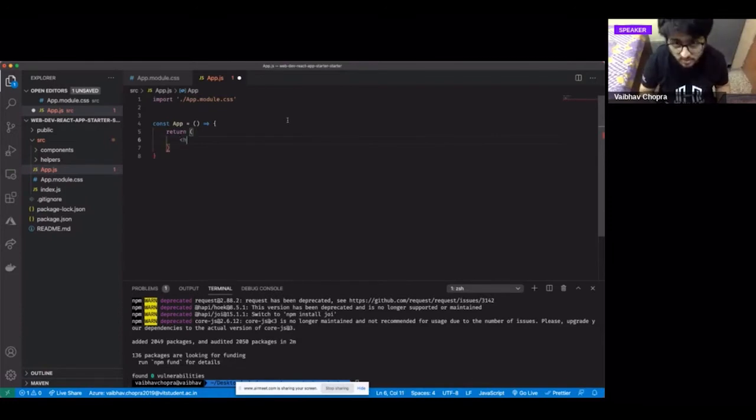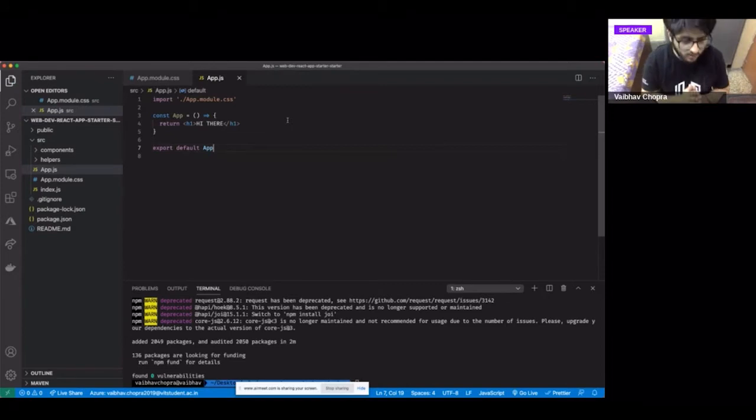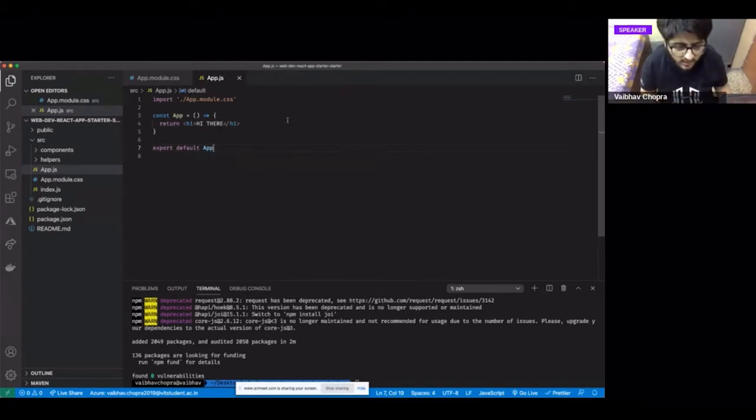You will be very amazed to see this in JavaScript. This is proper JavaScript. I can write hi there, I can save this, I can return this. I am returning an HTML element as the value of a JavaScript function. That's very strange. I found this very strange when I first made it. Now I'll export this app. So this is the first version of the app.js file which I have made.